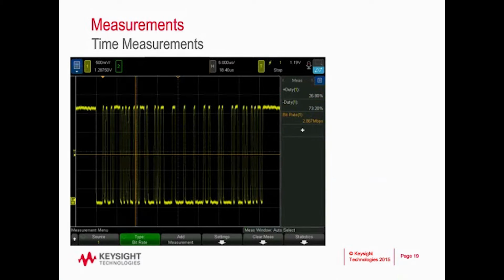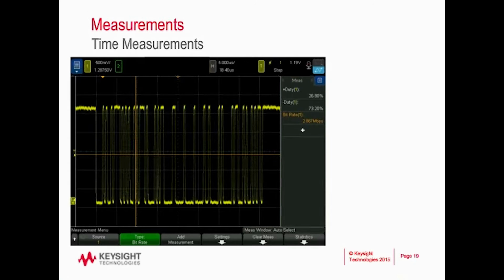Some other time measurements include the 2 duty cycle measurements, one for positive and one for negative, and an automatic bitrate measurement. Duty cycle is simply measured by what percent of the signal lies above or below the center threshold that you set. And bitrate is measured by looking for the smallest pulse width measurement on screen, positive or negative, and inverting it. This only works correctly if there's a single isolated bit somewhere on screen for the signal you're trying to measure. Otherwise, you might see an inaccurate measurement. So you just have to make sure that's on there, and then it'll automatically calculate bit rate for you